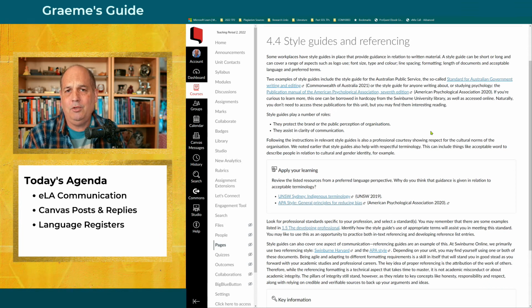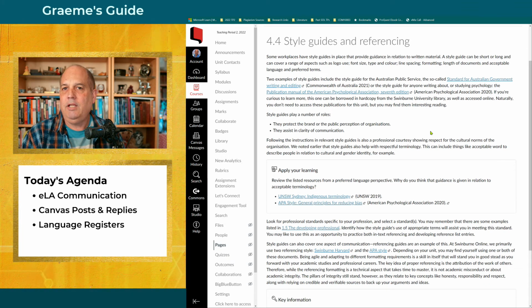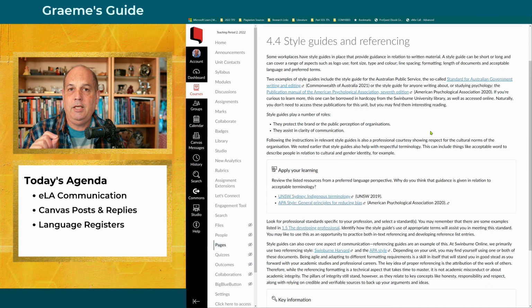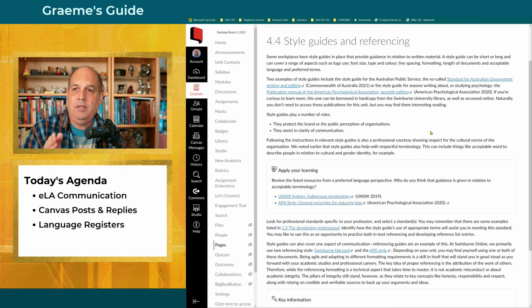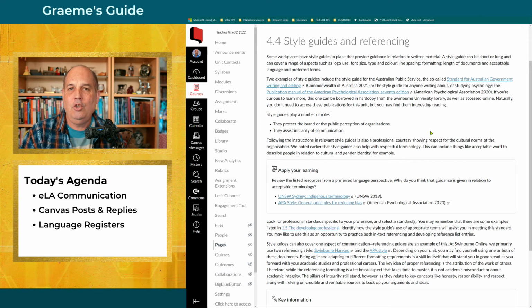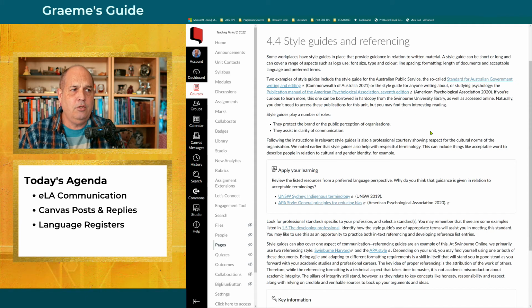So that might include using the correct letterhead. Letterheads change from time to time. In the most updated style guide of an organization, they should mention which is the most recent letterhead that should be used. Or it might be your email signature. Email signatures in businesses also change. So this should be found in the style guide of the organization.